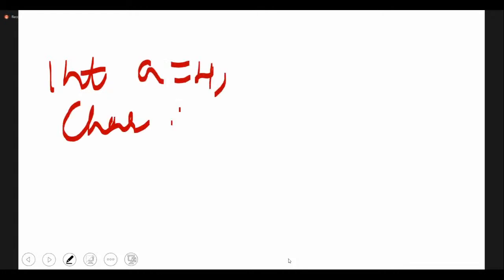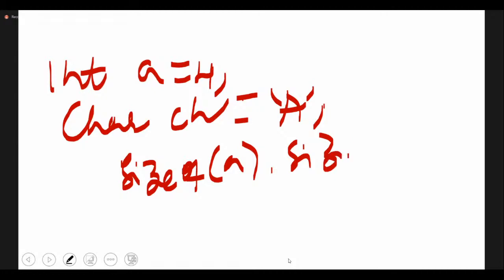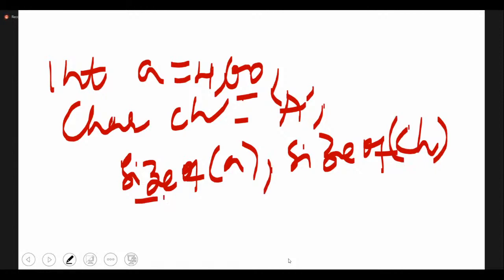For example, if I say int a is equal to 4 and I say char ch, and you are finding sizeof a and sizeof ch, let's give this as 400. The sizeof operator always fetches the variable data type.